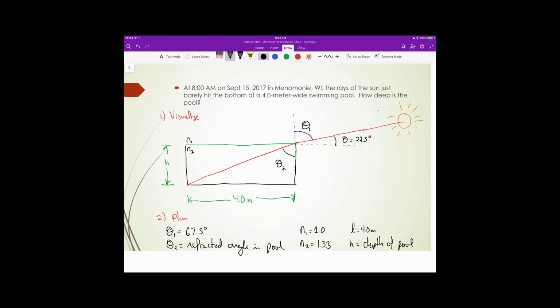Now, I typed this time into a sun calculator on the NOAA website, and it told me that at that time of day, the sun is roughly 22.5 degrees above the horizon. So I've sketched out my visualization that has all of the relevant information on it. And then the first step in my plan is to write down all of the pieces of information that I know. This theta 1 here is actually 90 minus 22.5 degrees because remember we want to measure the angle